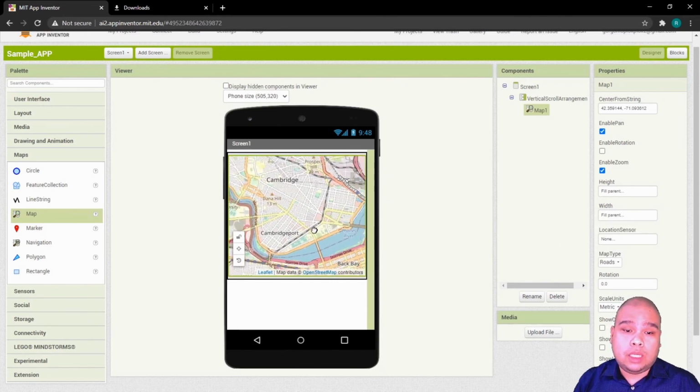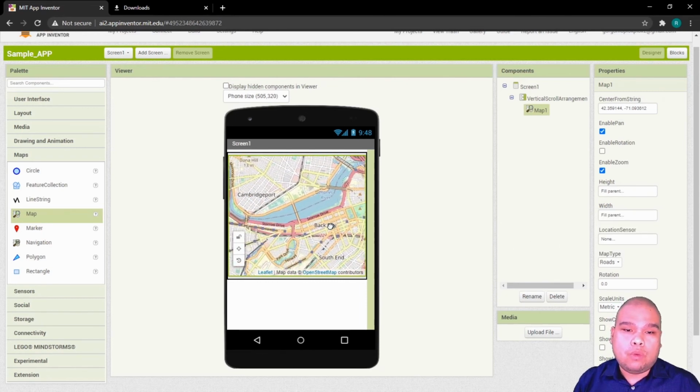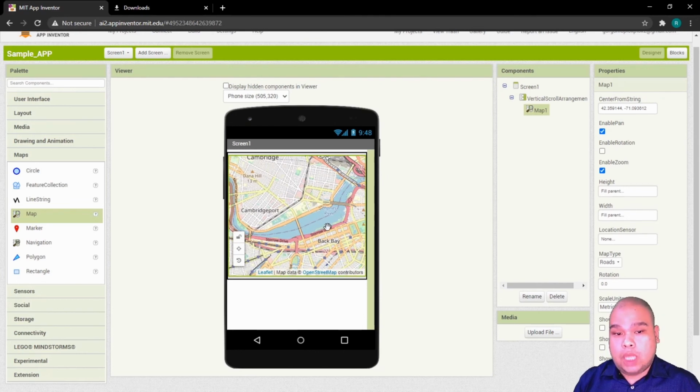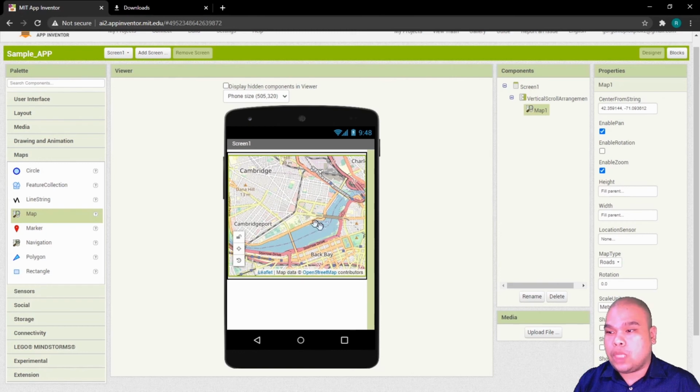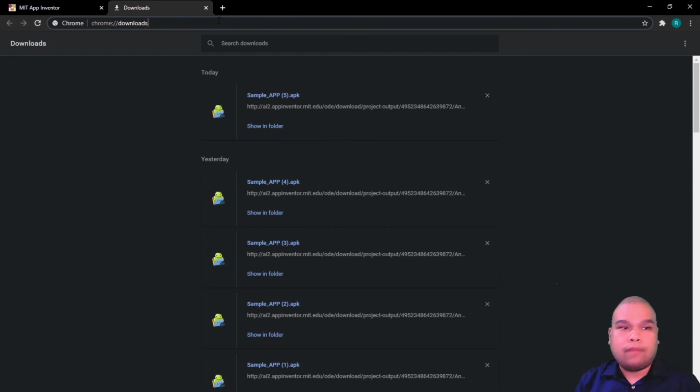As you can see, this is the default location where the map lands. So we'll change the location that we'll be seeing within this map. We need to modify the latitude and longitude of the map. You can see that within this property, the CenterFromString property, to change this, we need to provide numerical values that represent the longitude and latitude of a place. So let's say, for example,